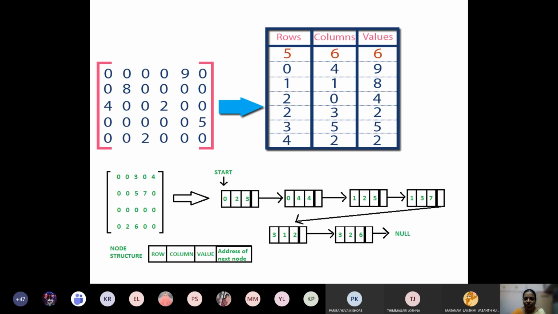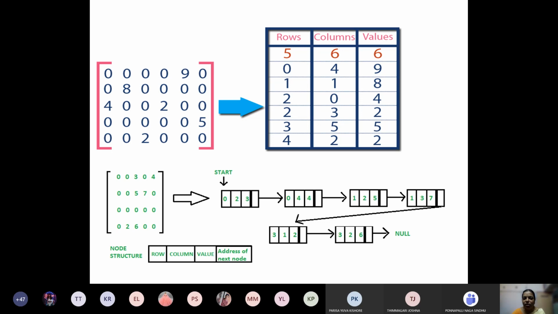The second row, second column has 8. The third row has 2 values: third row, first column has 4, and third row, 4th column has 2. The fourth row, 6th column has 5, and the 5th row, third column has 2.